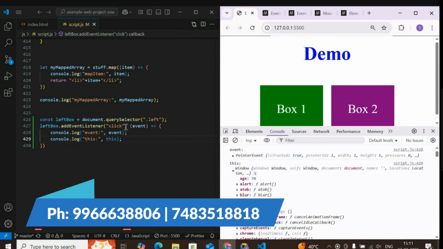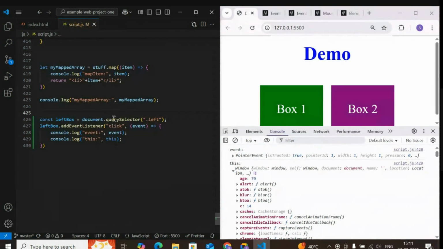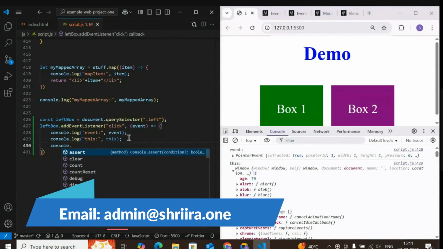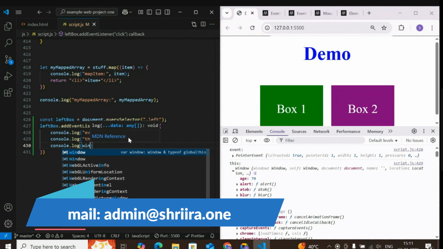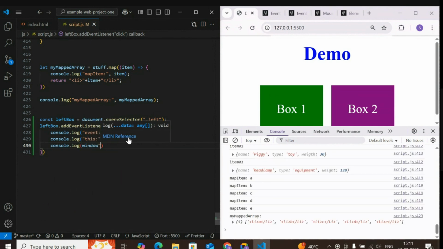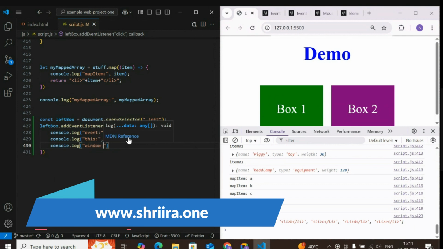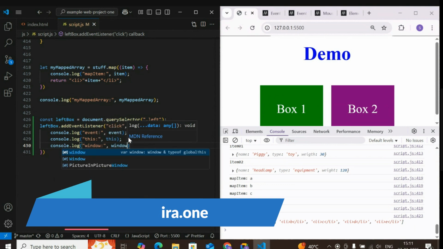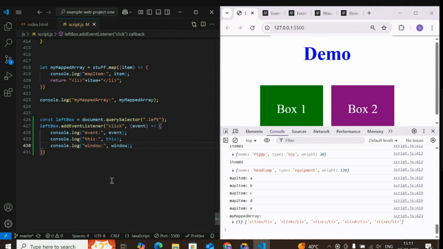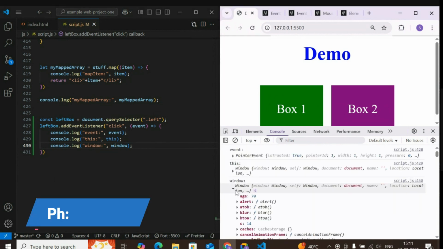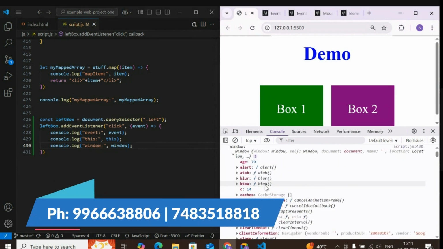Window is the topmost object in the browser DOM tree. If we try to print window, the window object is by default available to the entire context of JavaScript. I click, and this is the window object, which has